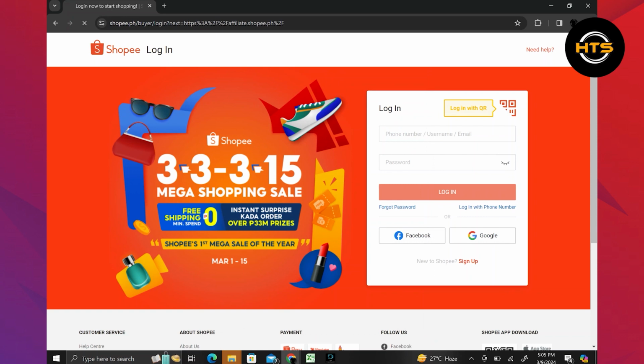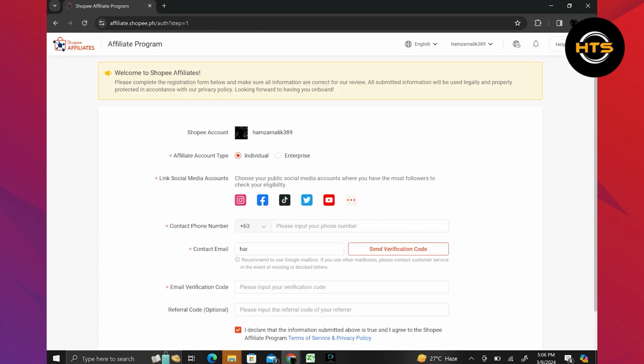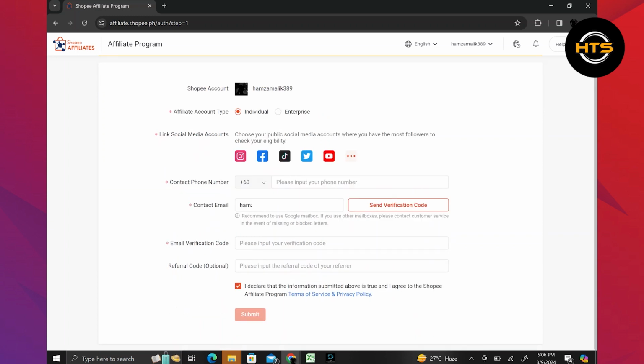Once you've selected your preferred account, fill in the necessary information such as your affiliate account type, social media accounts, linked contact number, contact email, and verification code. You have the option to add a referral code, but it is not required. After filling in the information, click on Submit. Once you become an affiliate, you can promote products on various social media channels and platforms to earn a good